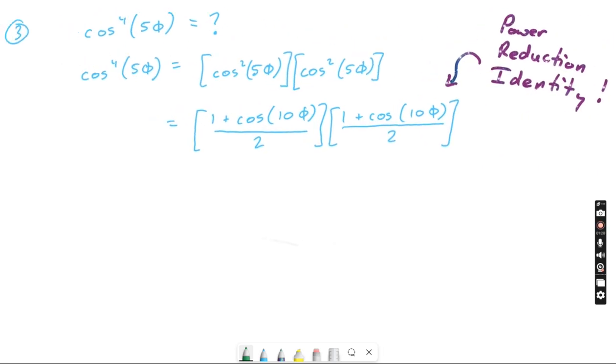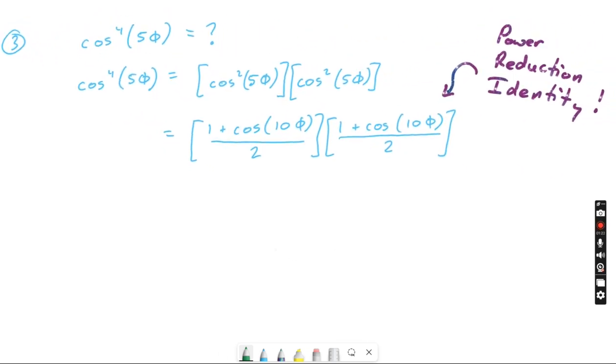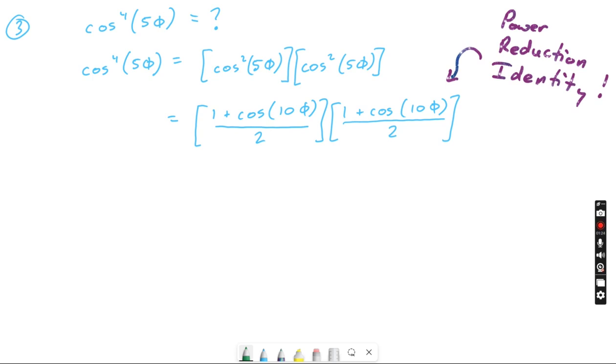But when we're dealing with the cosine to the fourth, well, now it's kind of time to put on the big kid underpants with this one. So what I want you to do, first of all, notice that I just plugged in the power reducing identity already just to get this moving. And now what I have to do at this stage right here is some foiling. I'm going to have to multiply this one out